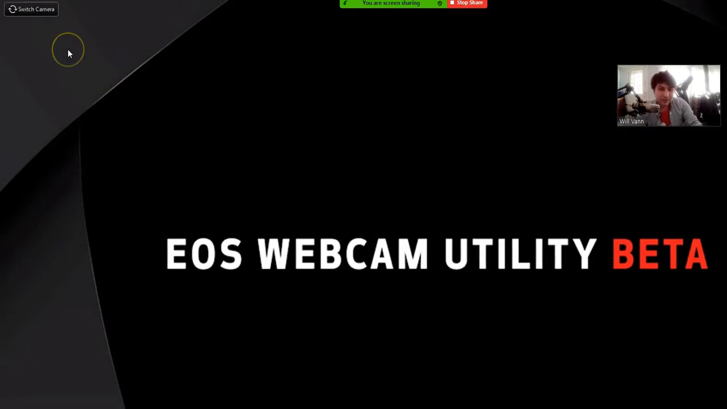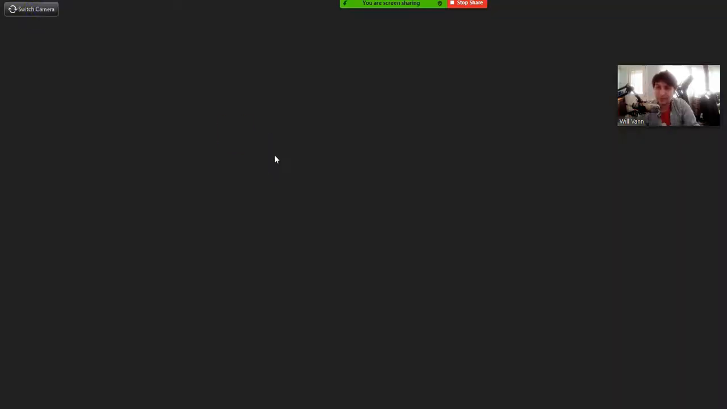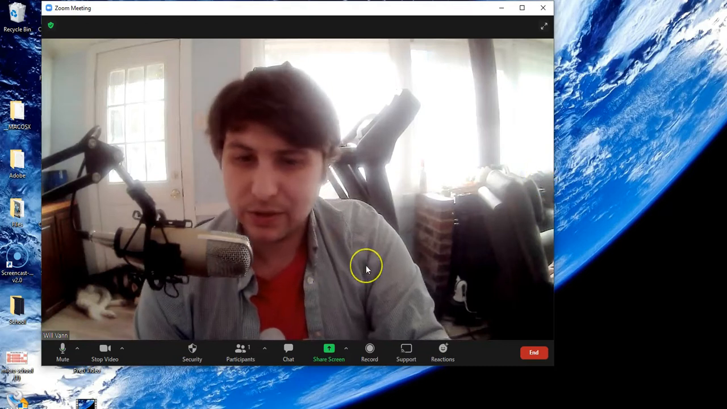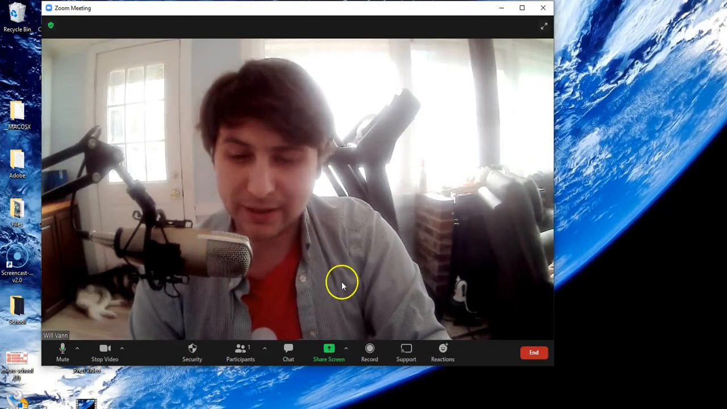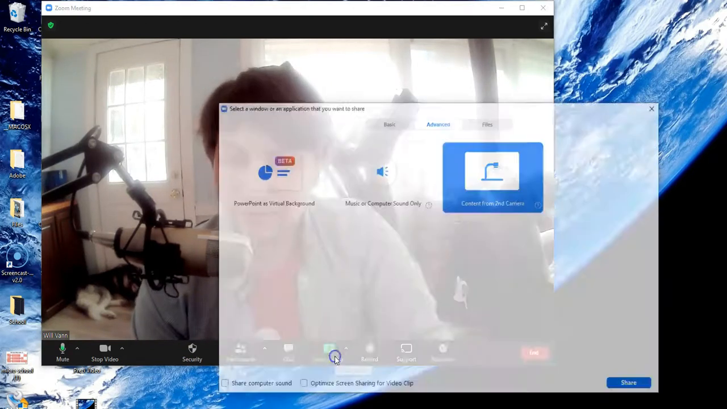In this case, I use EOS webcam utility sometimes to hook up my Canon camera as a webcam, so I get really HD quality. Or I can toggle to my main webcam here, or in this case, if I had a document camera, I could do that as well. Once you're ready to be finished with that, just click Stop Sharing, and then let's go ahead and try another